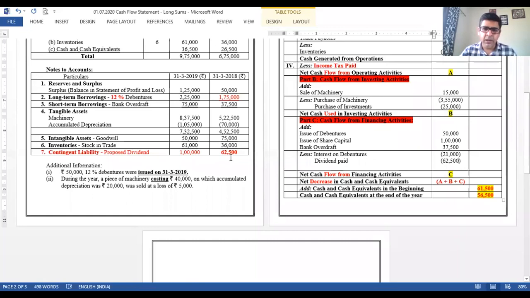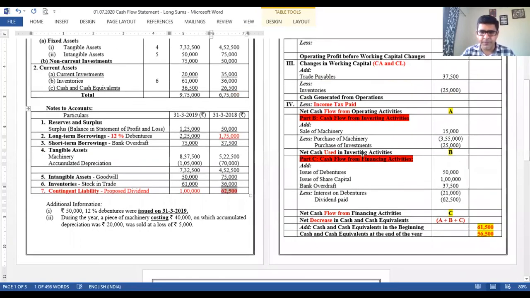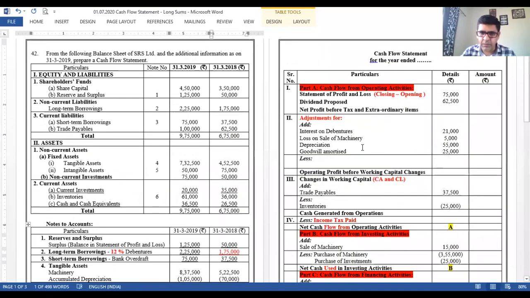I repeat again, for dividend, it will always appear as a contingent liability. This is an opening balance, that is a balance of the previous year, right? The amount of the previous year will be declared in the current year. The annual general meeting will be conducted wherein the board of directors will propose, and this amount is paid by the company. So paid and made. When you pay the amount, it is a financing outflow, and when you have to make the provision, the first part of operating has to be added over there, right? So basically we are done with the things.